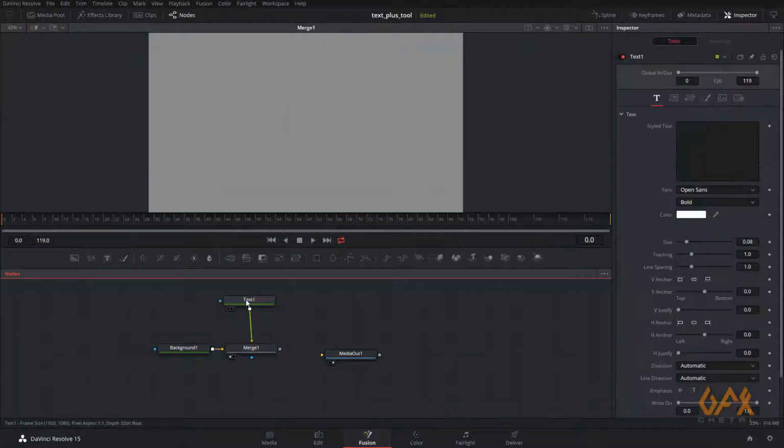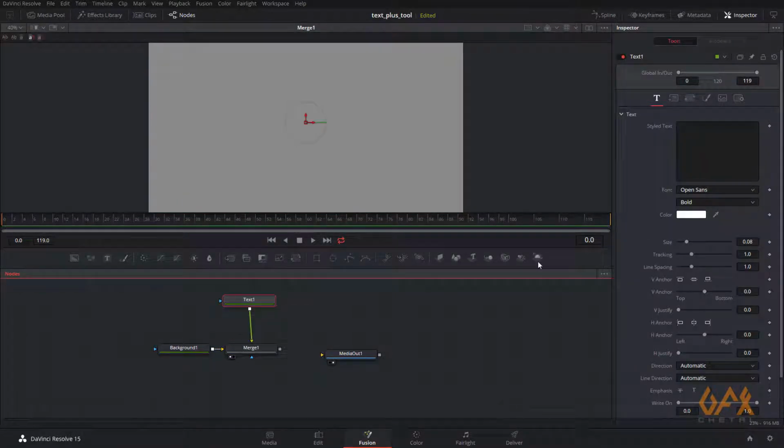Now I select this Text Plus tool, and the attributes of the Text Plus tool appear over here. This chapter mainly covers the basic attributes of the Text Plus tool.